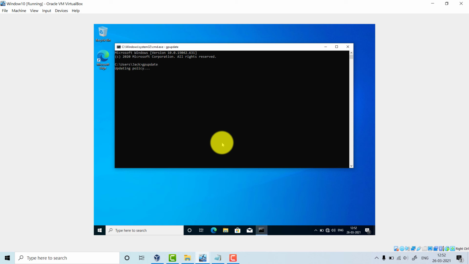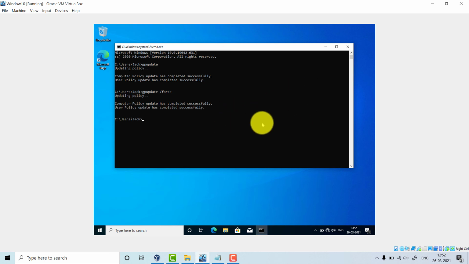Click on enter. It is updating the policies that we have created. We have updated computer policy and user policy also. Let us apply one more command, gpupdate /force.